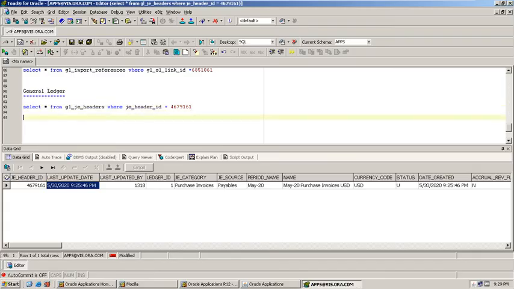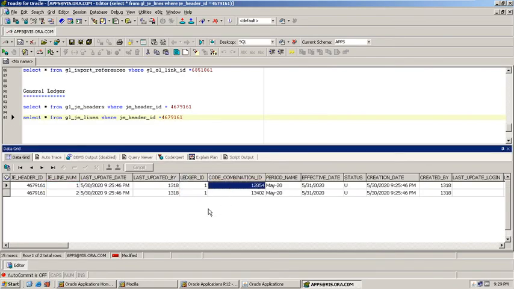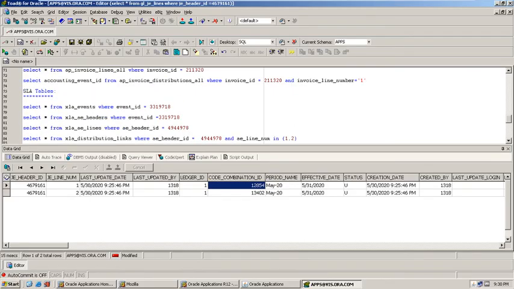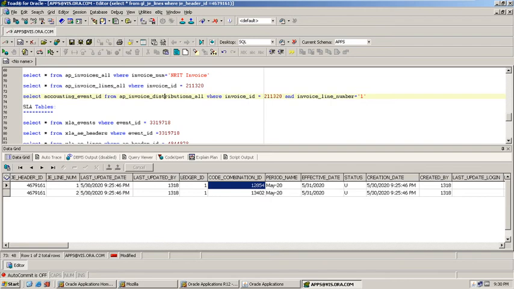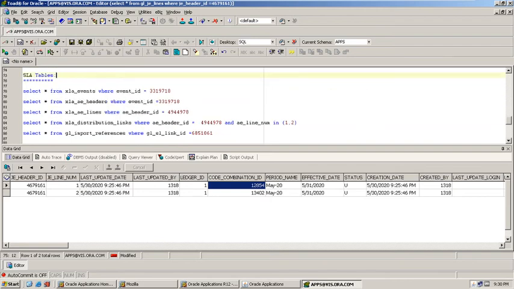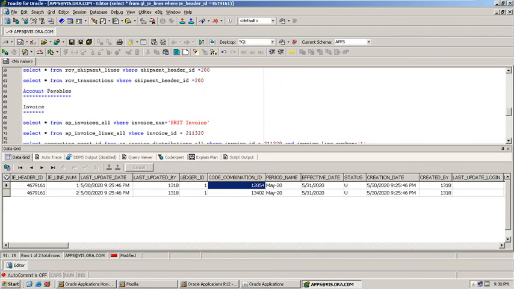This is the table, and GL_JE_LINES where JE_HEADER_ID equals this is the details. You understand, right? Once the invoice is accounted successfully, meaning we have selected final post, the data will be inserted into the SLA level tables along with the general ledger module tables.